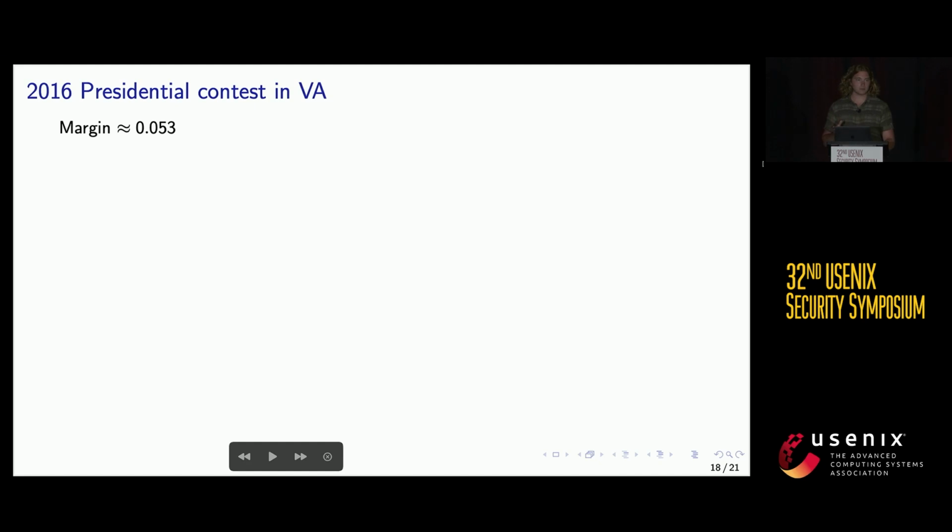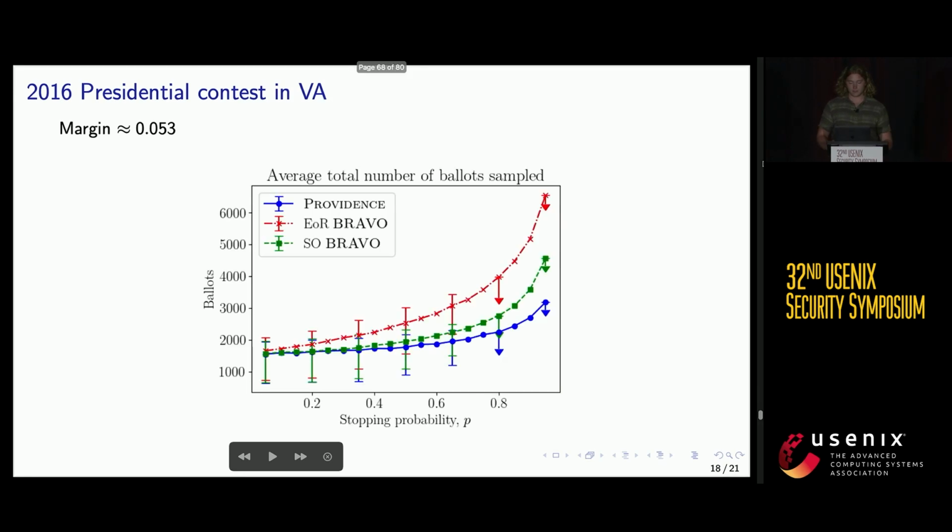And now we'll do one example with workload estimates from the 2016 presidential contest in Virginia. The margin was about 5%. And so we do an experiment where we run 10,000 simulations, where every single round size in the simulations is chosen to give a desired probability of stopping. In fact, we do so for a range of stopping probabilities, and that's what's shown on the x-axis here. And as you can see, the y-axis shows the total number of ballots on average across the trials for each of these stopping probabilities. And so as you can see, for smaller stopping probabilities, you also have fewer total ballots on average,